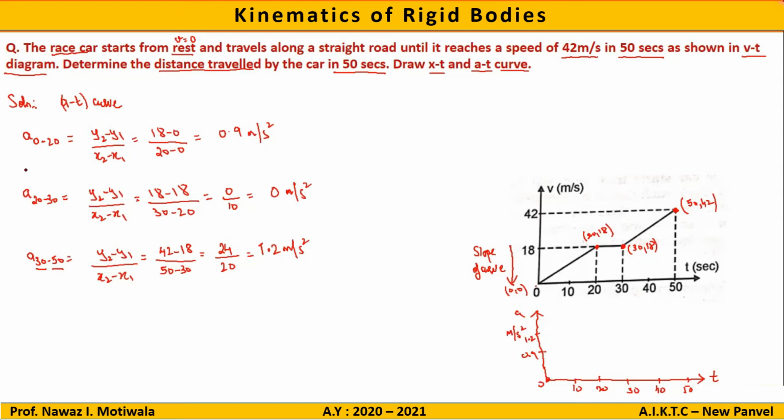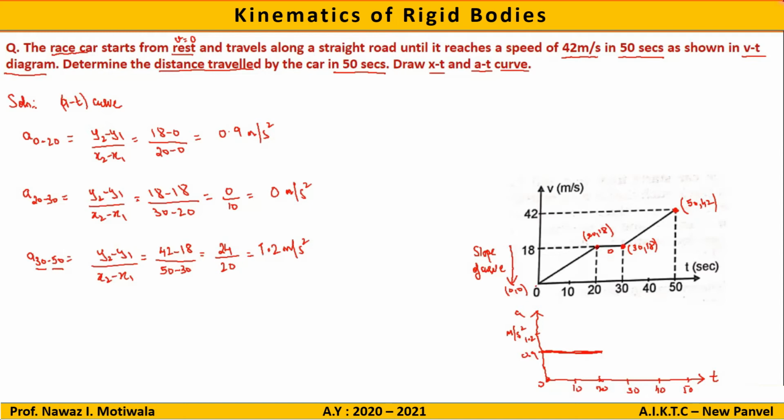Now between 0 to 20, the acceleration is 0.9, which is constant. You also have the concept that if here it is an inclined line, in the at diagram it will be a constant line. So I will make between 0 to 20 a constant line in the acceleration part. Next part, between 20 to 30, as it is a line of degree 0 here,